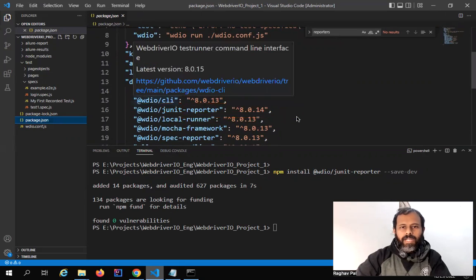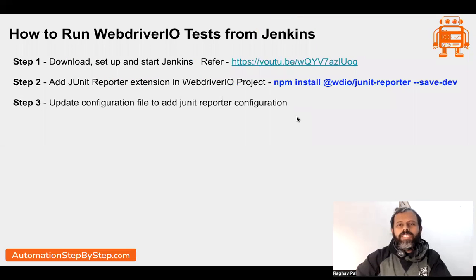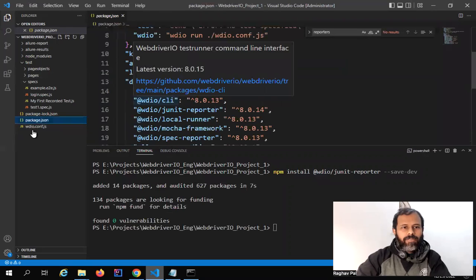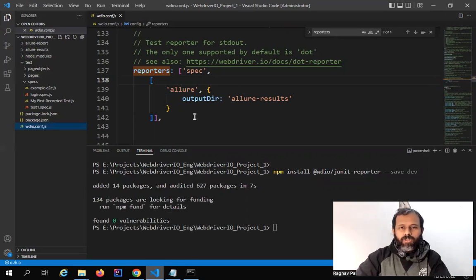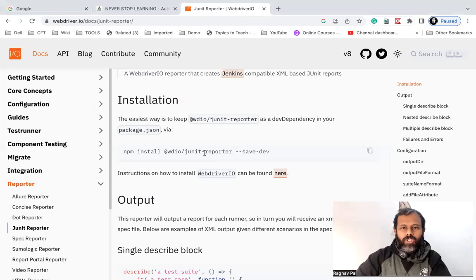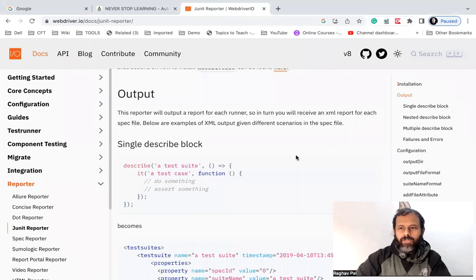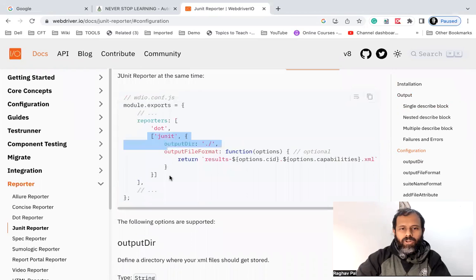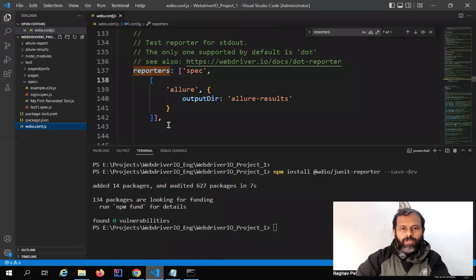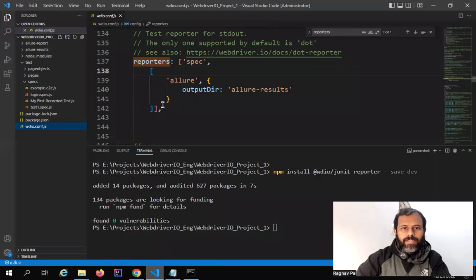Okay. Now, after adding the reporter plugin, we need to add the configuration for our JUnit reports in the configuration file, which is our wdio.conf.js file. So here, for the configuration, if you go back to the same documentation and go to the configuration part here, you can see this is how we add the configuration for JUnit. So you can just copy this starting from this square bracket until this end square bracket. So you can just copy this configuration, go to your configuration file, and here